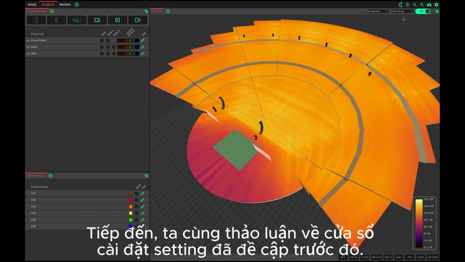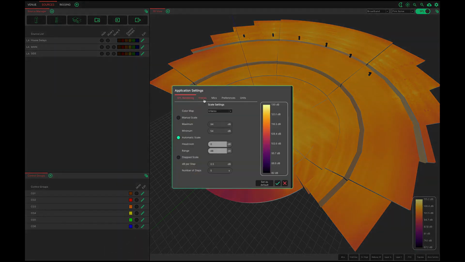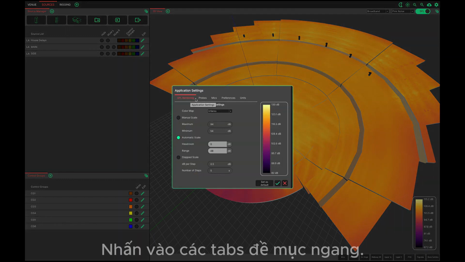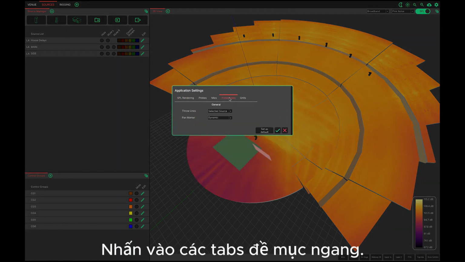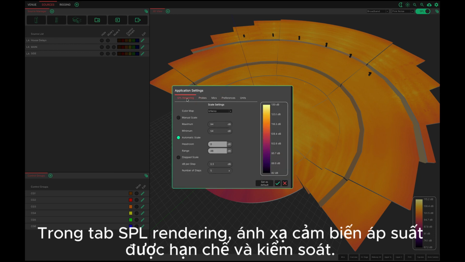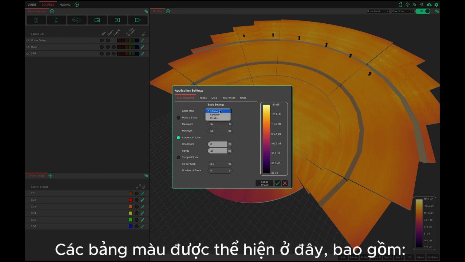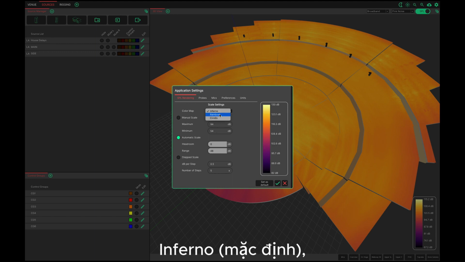Now is a good time to discuss the settings window mentioned earlier. Select the cog in the upper right corner of the application to bring it up. Tabs are arranged across the top. On the SPL rendering tab, the pressure mapping constraints are controlled. The colour scheme for the mapping can be chosen here. There is a choice of Inferno, the default map,